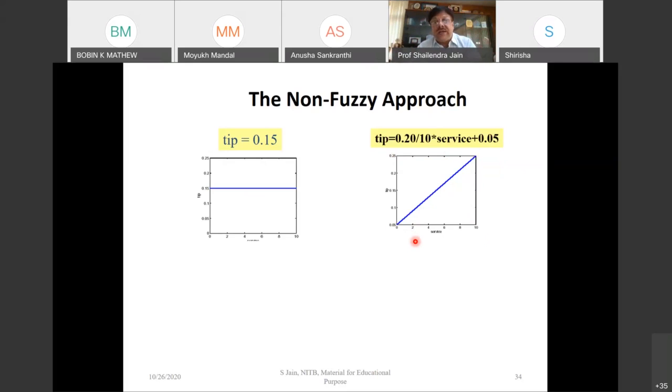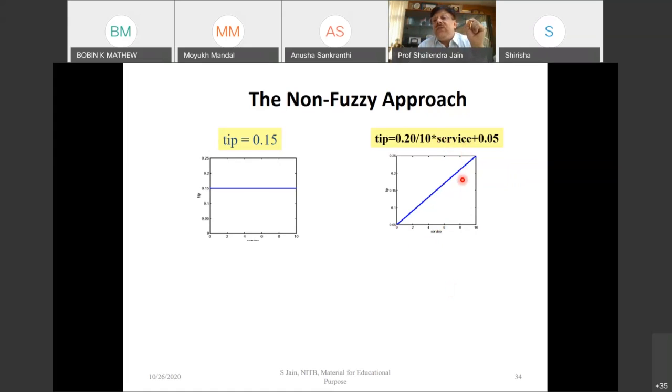Now, what do you mean by service? How to measure it? Generally, you can rate it on 0 to 10 points. 10 means service is very good. 0 means service is the very worst. Say 5 is average or something like that. This is how, when you go for car servicing, they will ask for feedback about the service, isn't it? In many restaurants, they will ask for feedback from the customer based on the points given for service, food quality, etc. So this is the only one input variable. So not correct all the time.